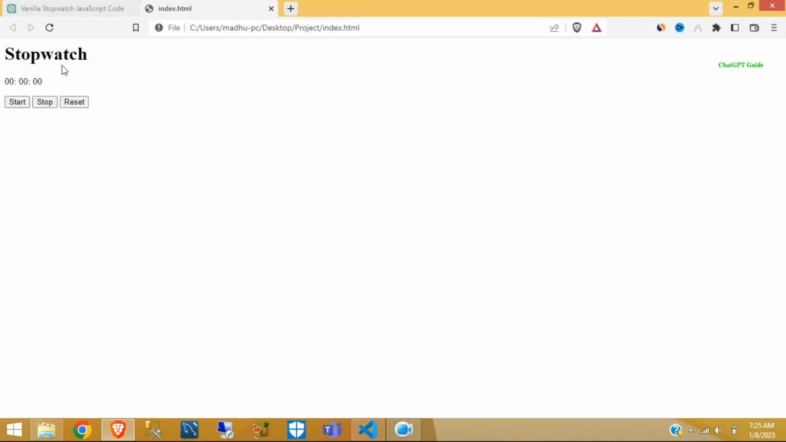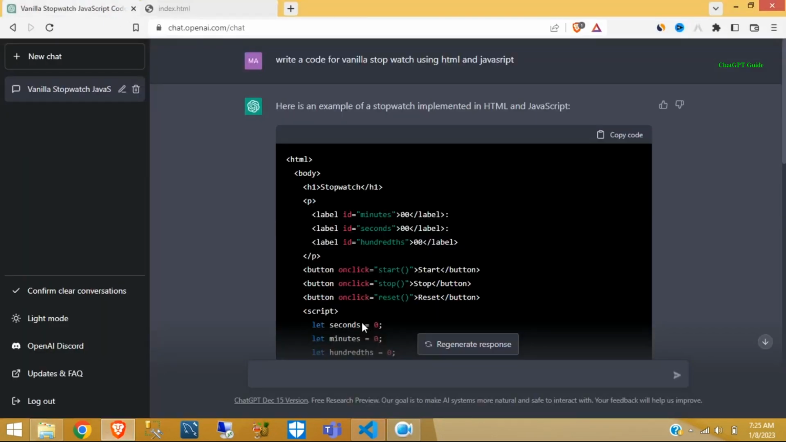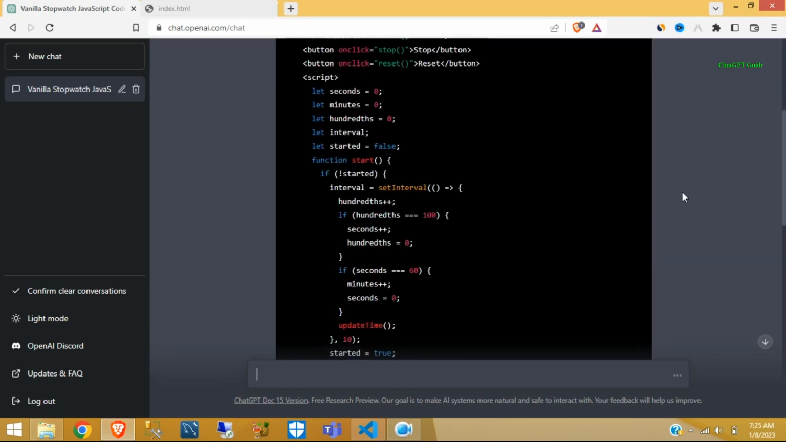inside the vanilla stopwatch. So in ChatGPT, simply write a CSS style for vanilla stopwatch and press enter. So based on the instruction,